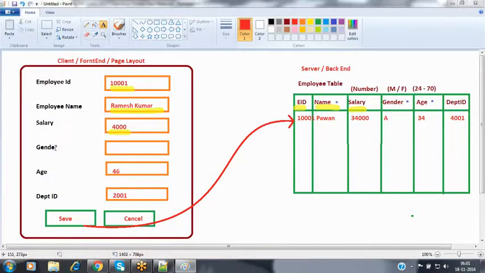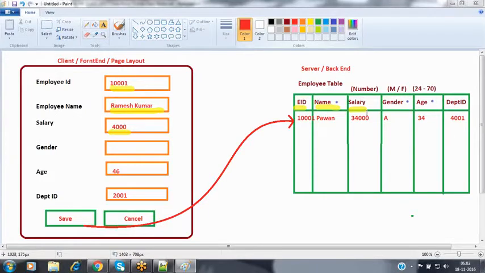Or if you don't know a programming language to create the records, then we can go with some tools also. We have some tools given by Salesforce, like Data Loader. By using the Data Loader tool, we can insert up to 5 million records. Or if you want to insert more than 5 million records, then we can use some third-party tools also, like Informatica Cloud. By using Informatica Cloud, we can insert millions of records inside this particular table in a single shot. So at that time, I'm not using the graphical user interface, I'm directly connecting to my database itself.